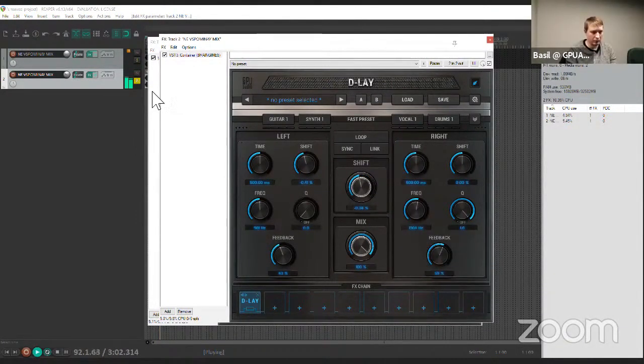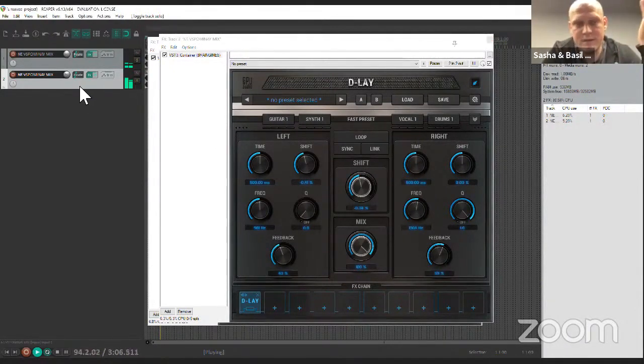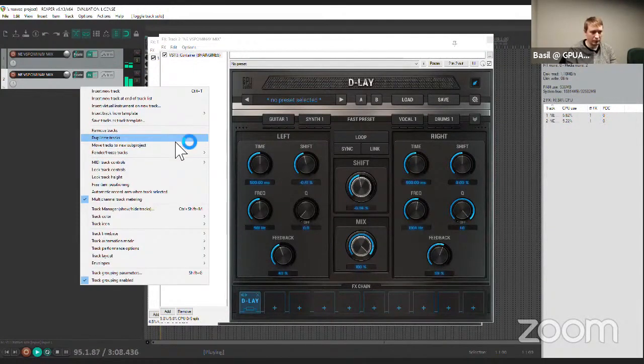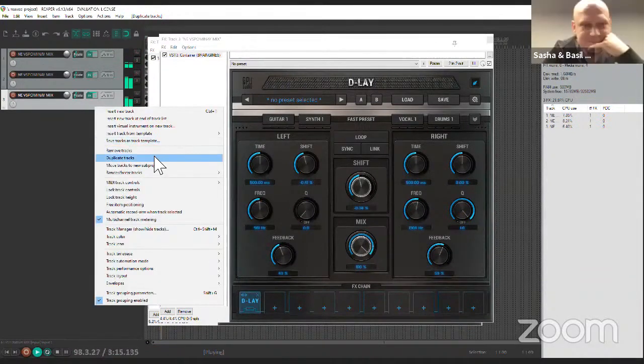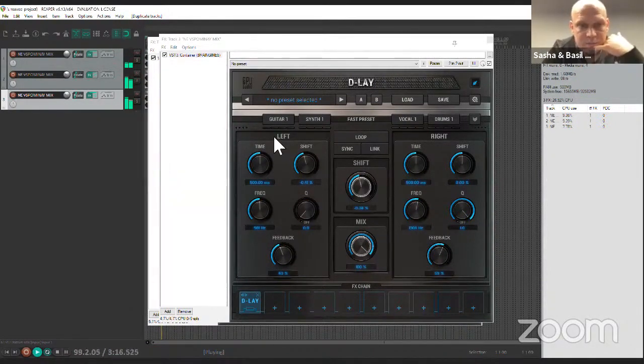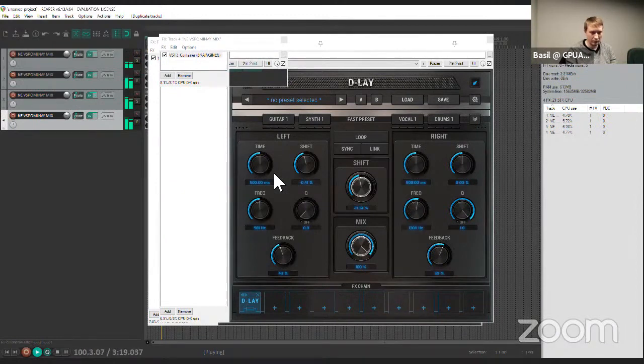What I will ask Basil to do is duplicate more delays, and then follow a contract and let me hear some changes. You can see that we also utilize the initialization step.